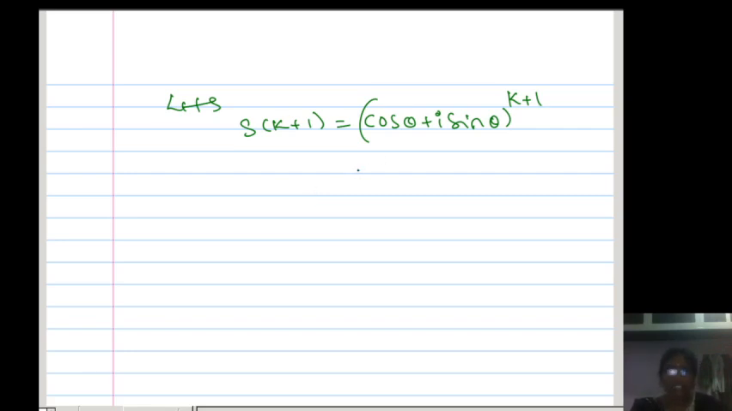This is LHS. I want to simplify LHS first. How to simplify this? Let us see. (cos theta plus i sin theta) power k plus 1 can be written as this. So I have to write this power k, no? So I can write this as, okay. So what we will do first,